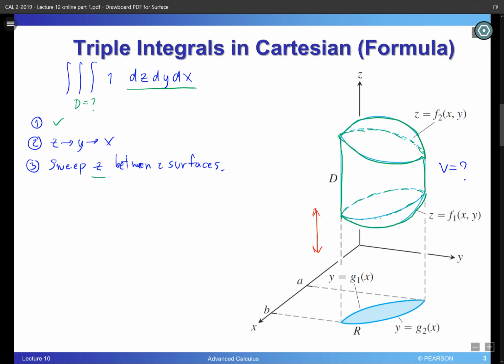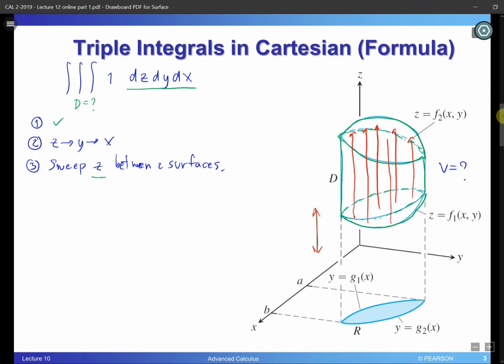So if you take a look at the volume here, and if you want to sweep from down to up, you are going to be sweeping from the surface down here, this curvy shape down here, to the upper surface. Now you are sweeping z from the lower surface to the upper surface, and you continue this throughout the range